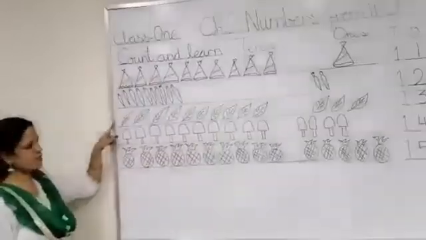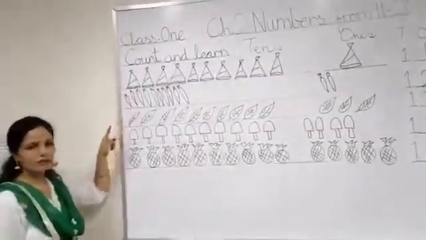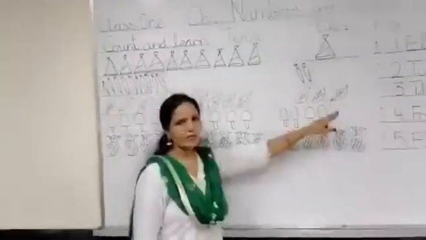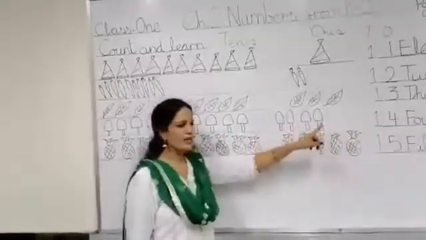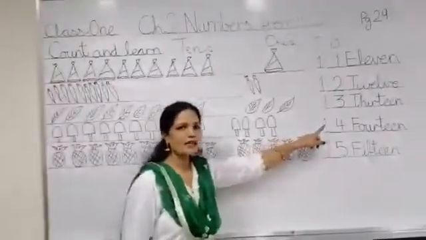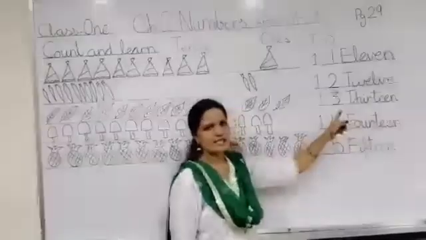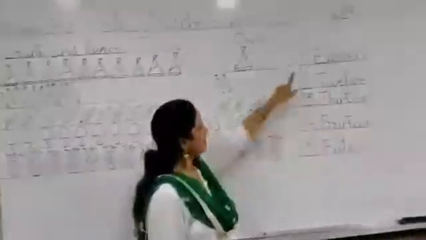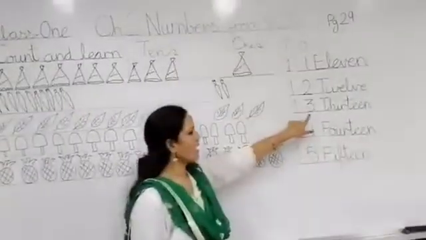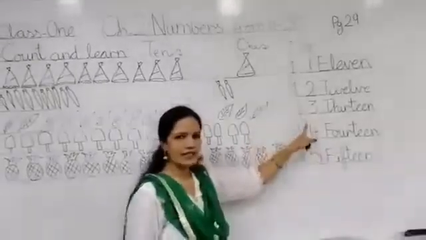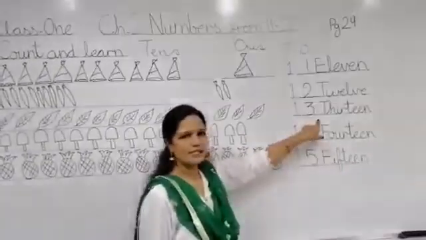And how many leaves are here? These are 10 leaves. As we have counted before, these are 10 leaves. And if we add 3 more leaves here, how many are these? 10 and 3 makes 13. Yes. How many ones and tens are in 13? 1 ten and 3 ones.